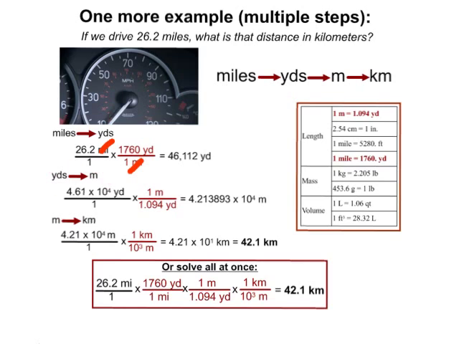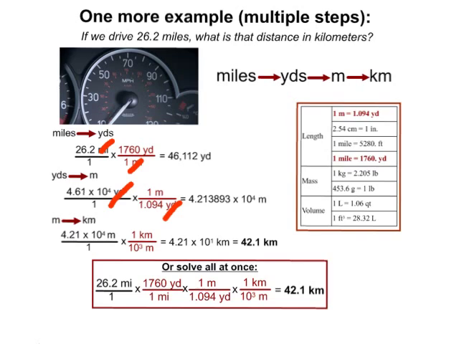Now I'm going to go to my second step, yards to meters, and I'm going to multiply by this conversion factor. The yards to meters conversion factor, and my yards cancel out. So I'm left with this large number now. If I look at significant figures, how many can I have? Well, I have 3 right there, so I can only have 3 significant figures. I'm going to use that in my next step, 4.21 times 10 to the 4th, and I'm going to multiply that by